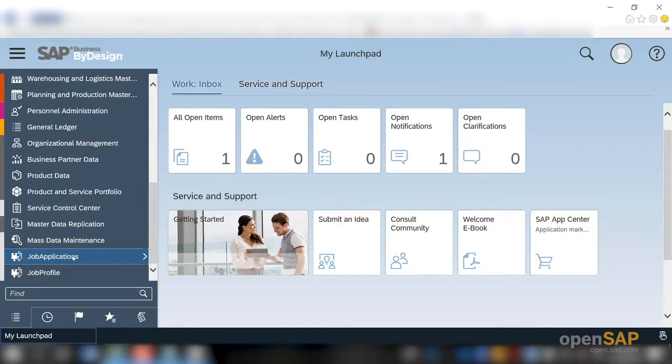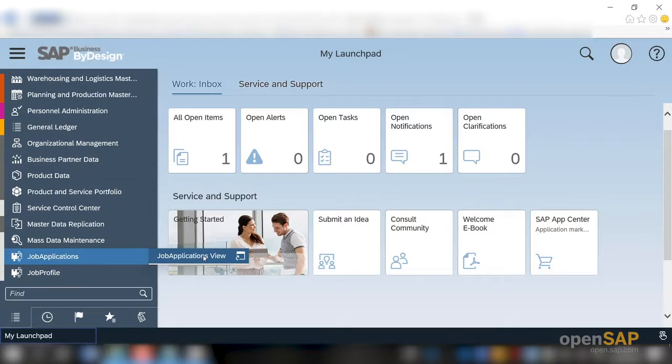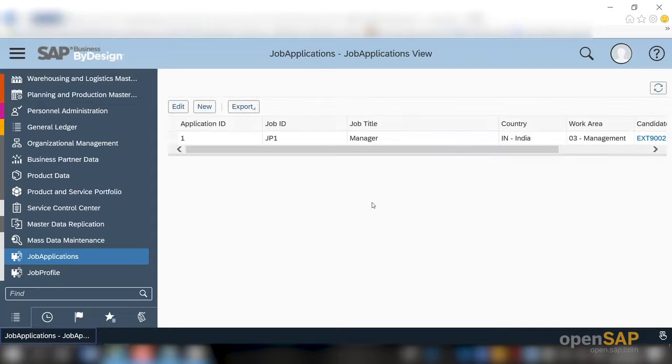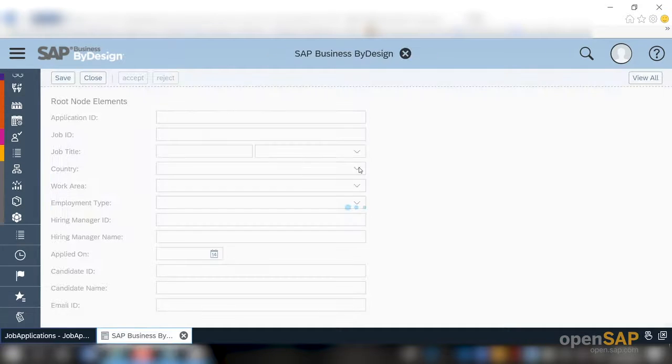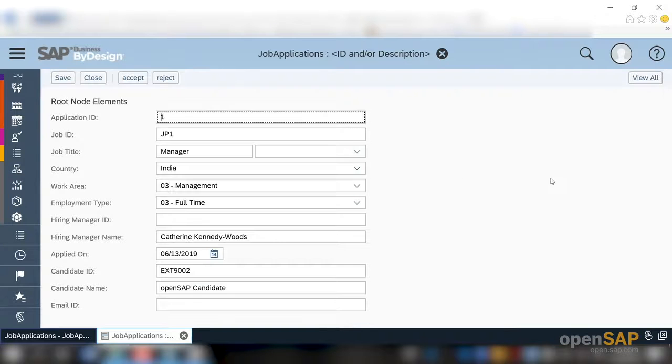Once I have logged in, I already have the job applications assigned with the work center assigned. I go straight away to the job application view. I have one record here. Let me go to the edit, so that it opens the QAF.